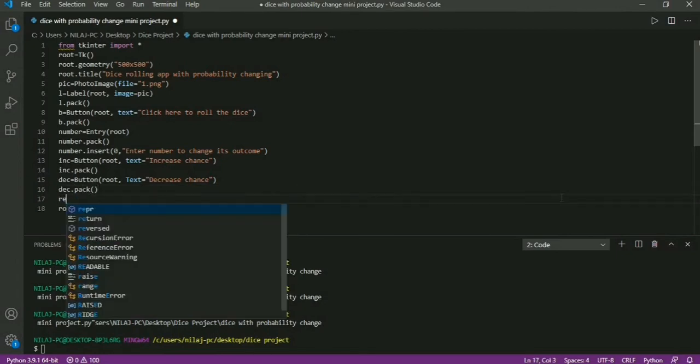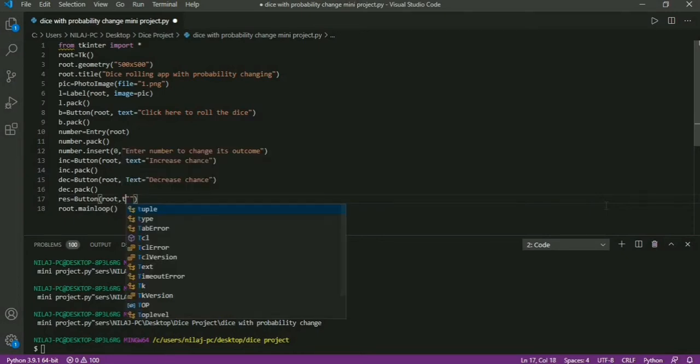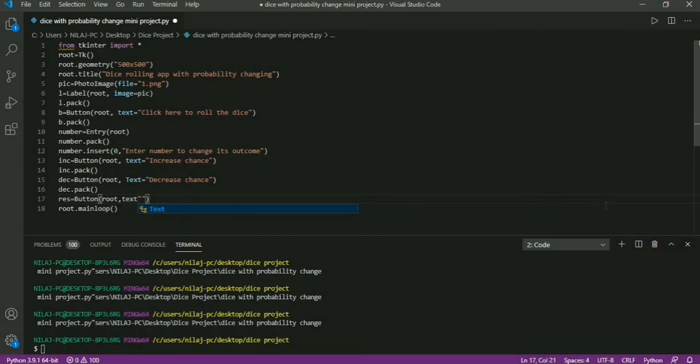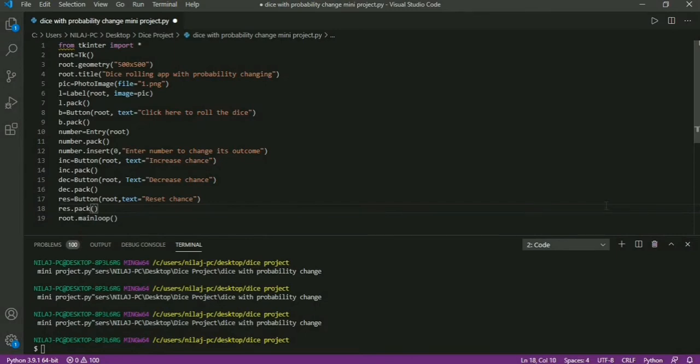Now reset button. Reset chance, res.pack. Now let's run the code.